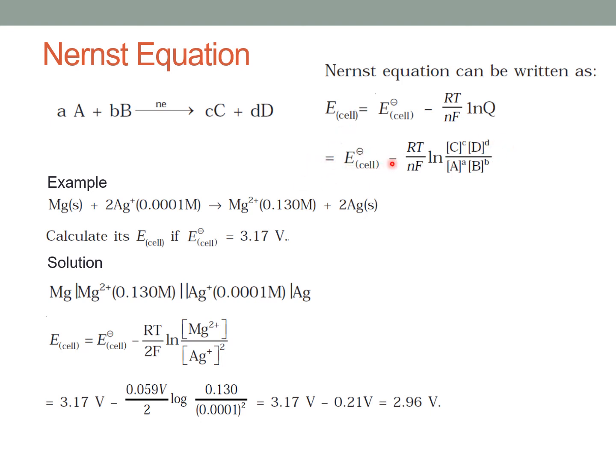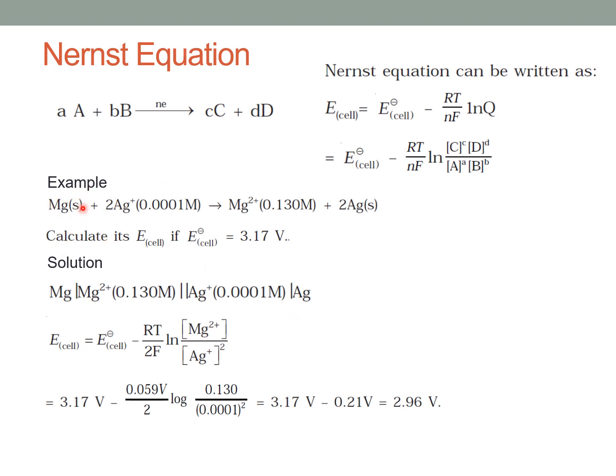So E star cell minus RT by nF ln of the reaction quotient: concentration of C power its coefficient c, and concentration of D power d, divided by concentration of A power a and concentration of B power b. So this is the general equation, and the next equation can be used. If you can take one example